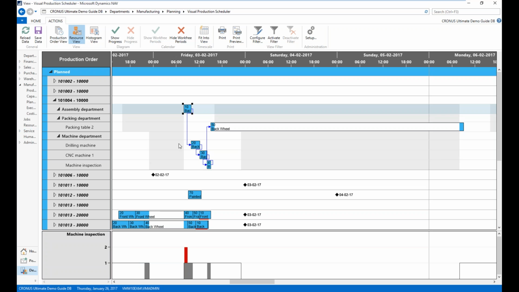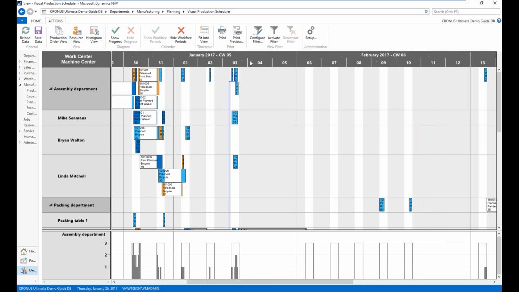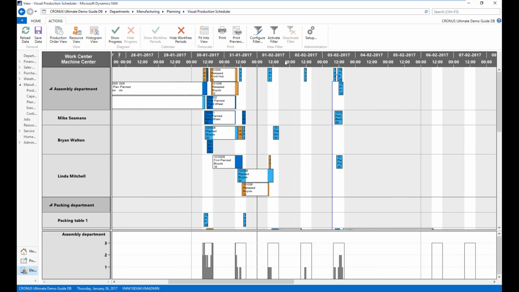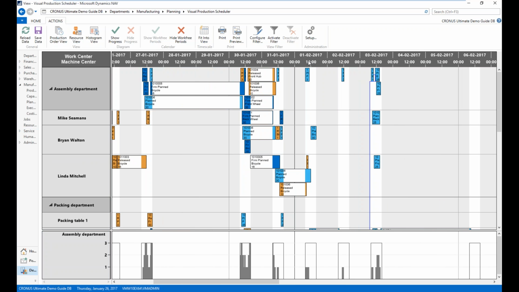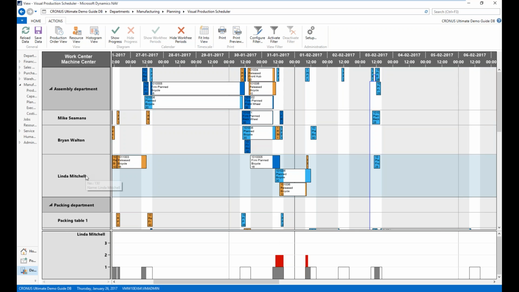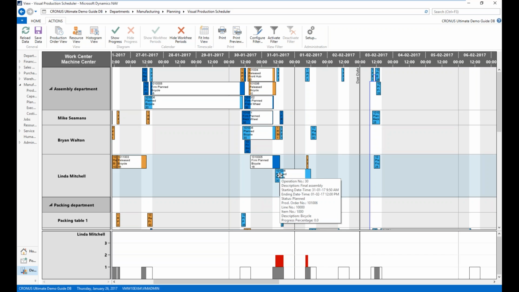But what I can do now is switch over into what's called my resource view. What my resource view allows me to do is view the same schedule that I was looking at before, but now on the left-hand side we have our work centers and our machine centers, and we see which production orders and which production order operations they're working inside the Gantt chart. This means that when I see that I have a work overload on a certain resource, I'm now able to identify which operations are conflicting with one another, and I could then choose based off of my knowledge,